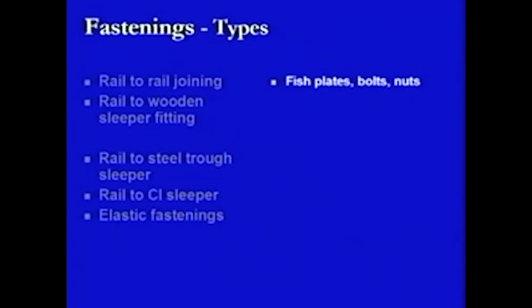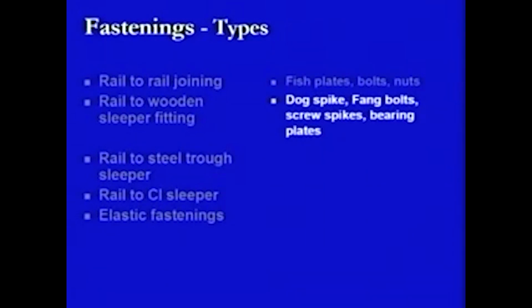In the case of rail to rail joining, we will be looking at fish plates, bolts and nuts. These are the fastenings or the fixtures which are used to connect one rail with another rail. In the case of rail to wooden sleeper fittings, we will be discussing dog spikes, fang bolts or screw spikes and bearing plates. We have a lot more other fittings also, but these are some of the important fittings which we